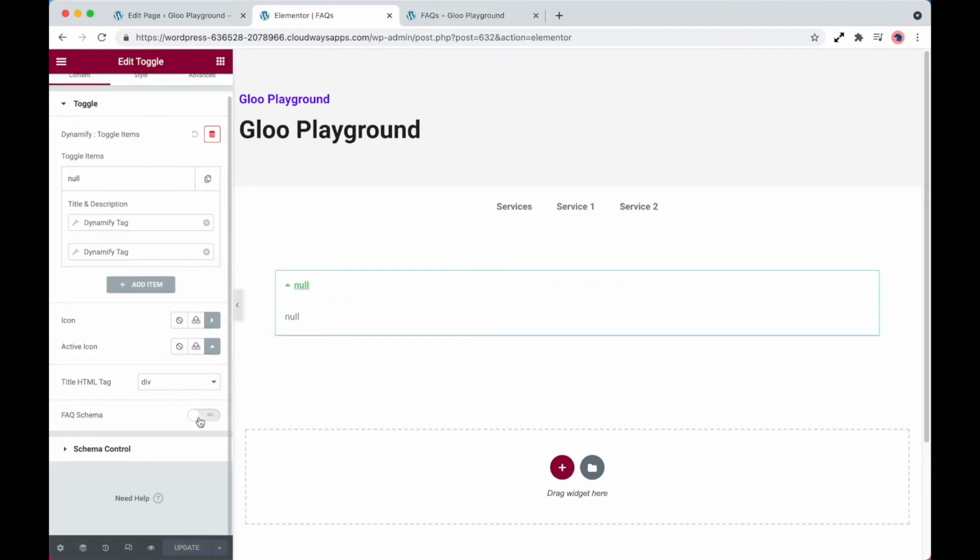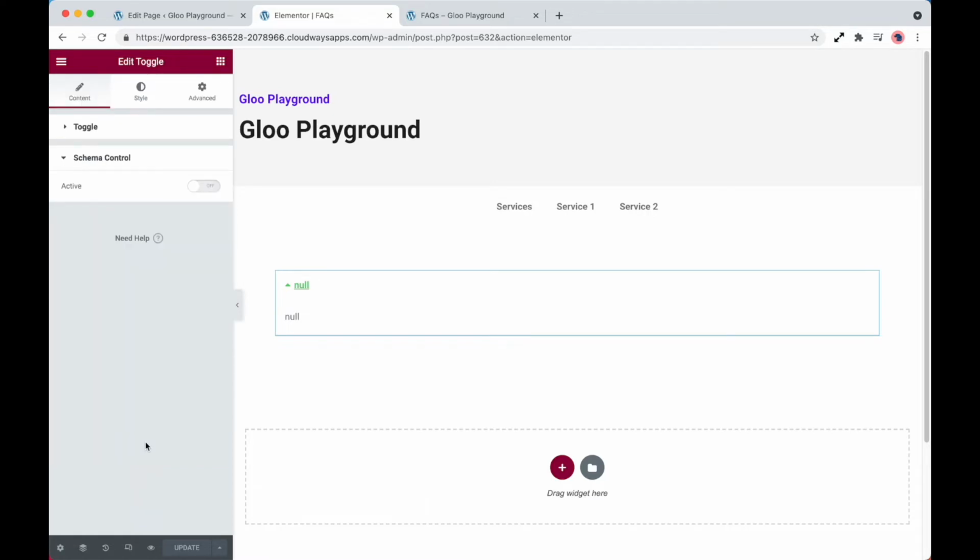In a recent update, Elementor has included an option for FAQ schema. However, this is a simple toggle, whereas our schema control gives us full control on mapping the fields we want to use. So let's go ahead and take a look. There are two options within schema control. However, to begin with, we're going to activate this and select FAQs. There's also an option for how-to, which we'll get onto in a moment.